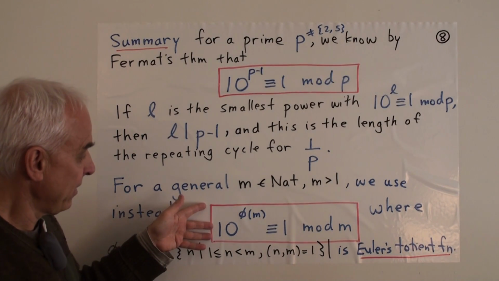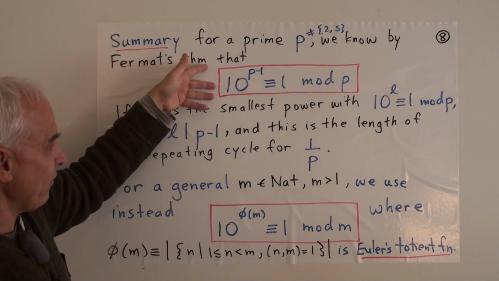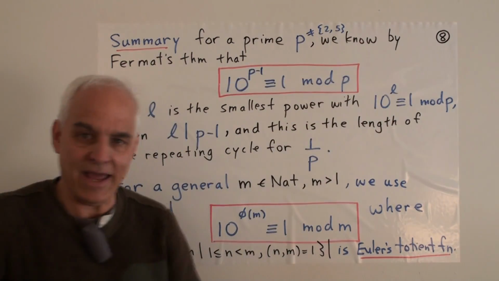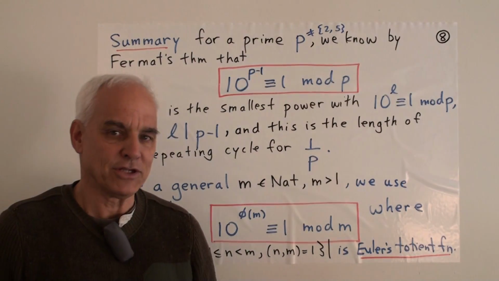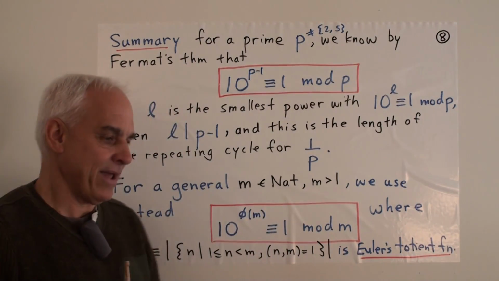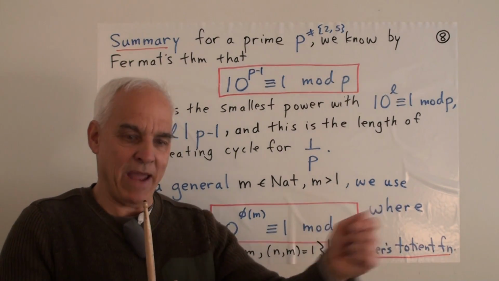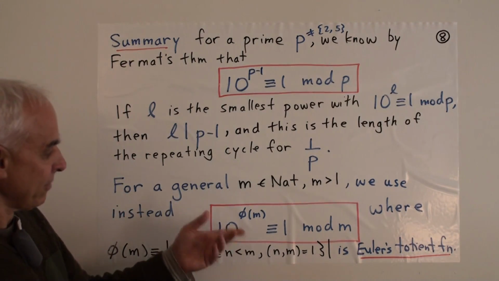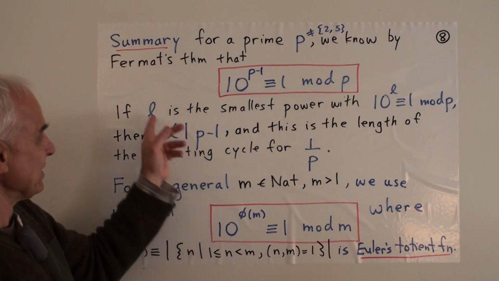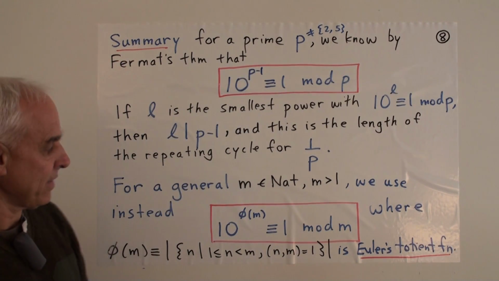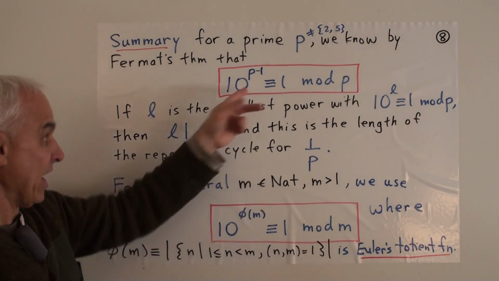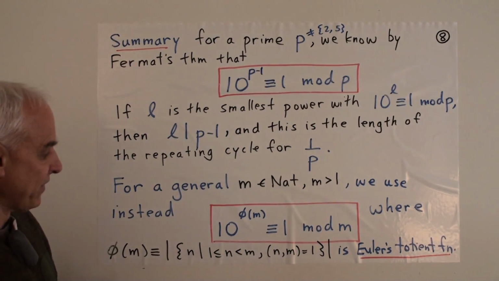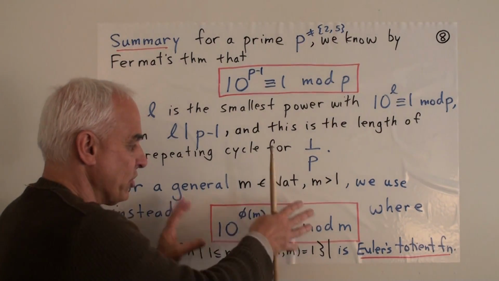And it's this replacement of Fermat's theorem which ends up allowing us to have a similar kind of statement as this, but for a more general m. So if we're looking for 1 over m and its decimal expansion, how long is that repeated cycle going to be? It's going to have the same kind of relation to phi of m as this L has to p minus 1. In the case when m is a prime, then phi of m is actually equal to 1 less than the number.